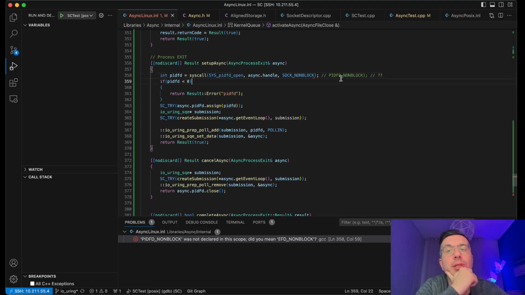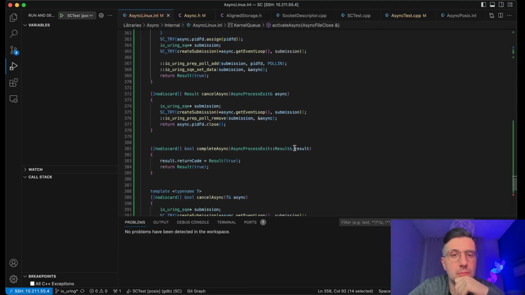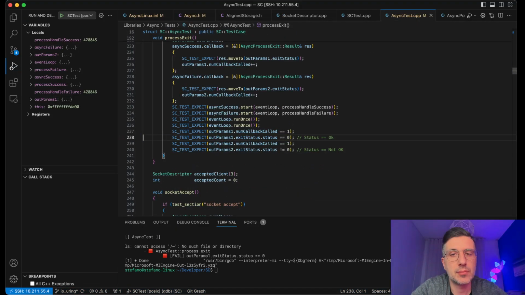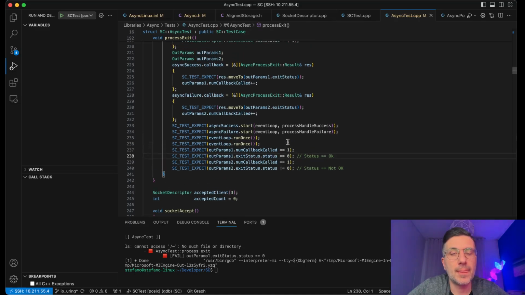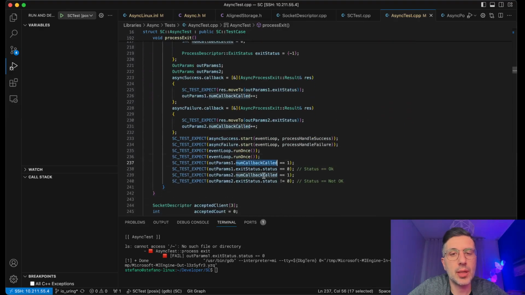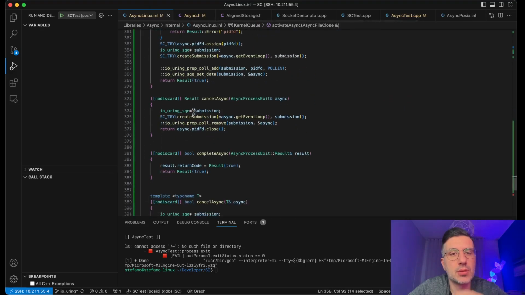I have been reading somewhere when I was trying this that this is meant to be defined in some header but does not exist, but it does have the same value as sock non-block. Process exit. So we got almost until the end of the test, but we don't have the exit status